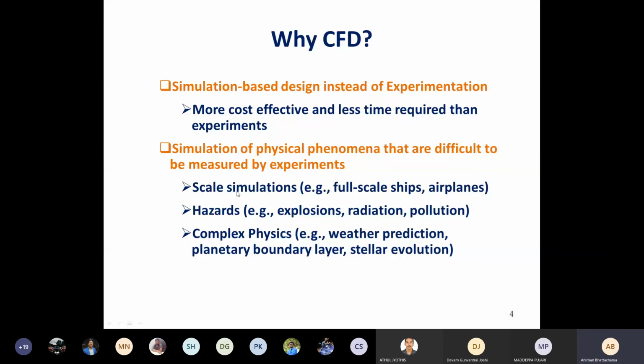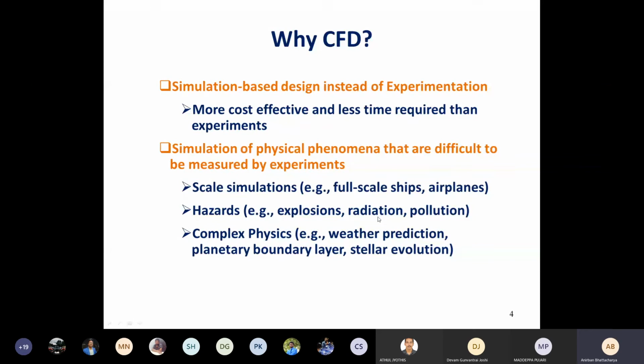Okay. Second is that the experiment may be too hazardous. You want to study an explosion. Performing explosions in a controlled environment may be too difficult. What is happening in a very high level, very rapid explosion? In those cases, you may have to resort to numerical calculation, analytical and CFD calculation. Either you do a simple analytical calculation, you find out the maximum temperature based on energy balance, but that will be very inaccurate. So you have to go for CFD calculations.